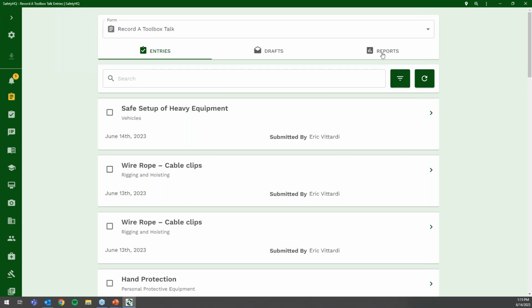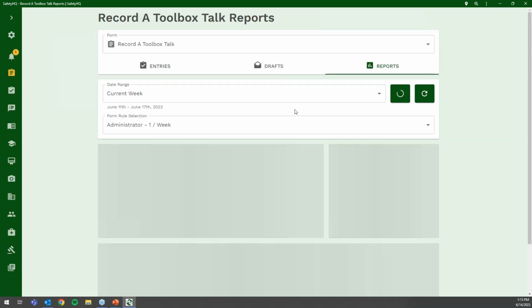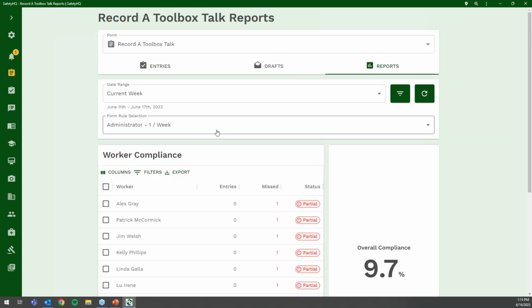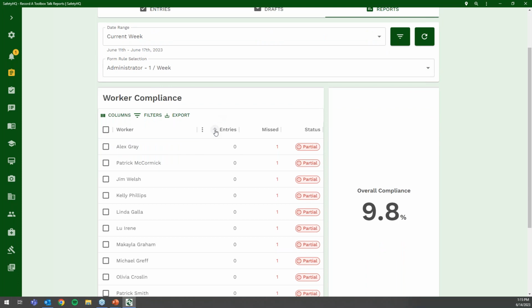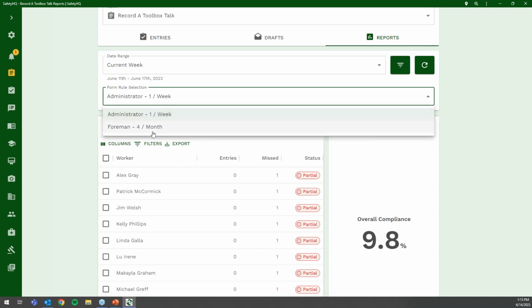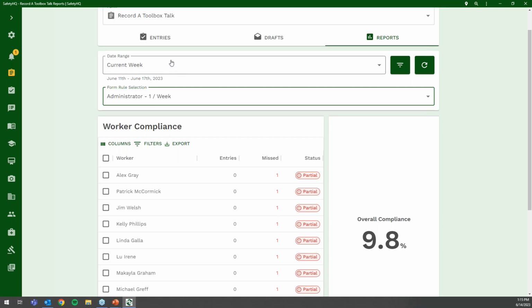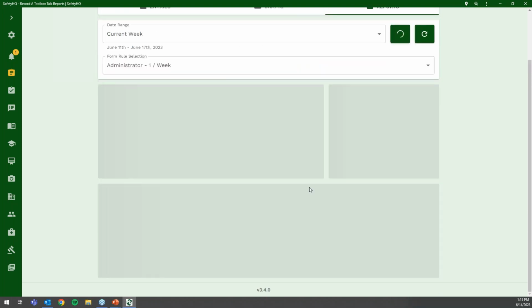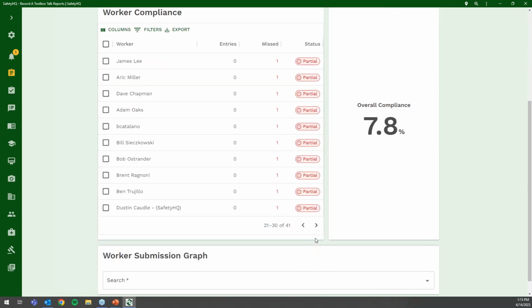Another piece is when we talk about follow-up and organization throughout your safety program, right? This is a really nice area where we can track and manage how the team's doing. So in here, I have a rule set up that my administrators are to complete a Toolbox talk once a week. Maybe I want my foreman completing them on a different time basis or whatever. We can set that up, check different date ranges, use our filters. I have a lot of sample data in here, so